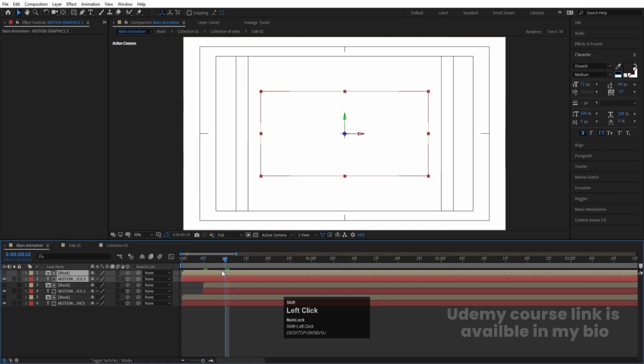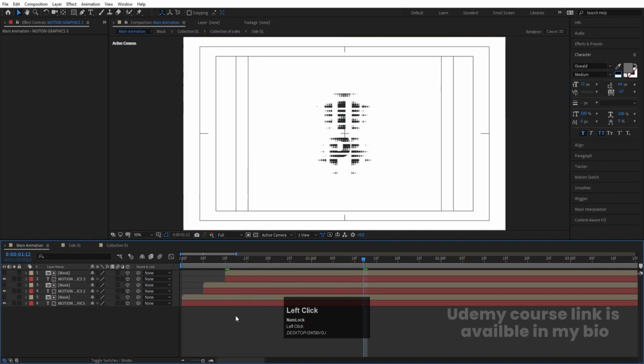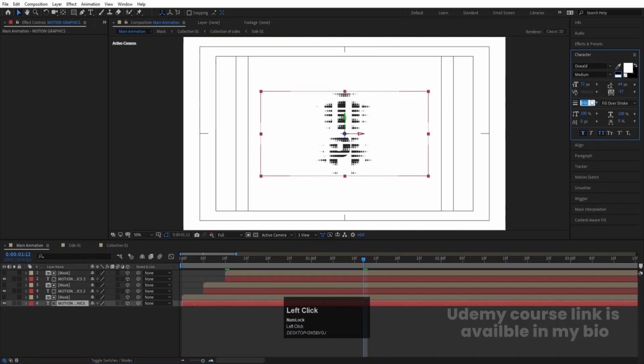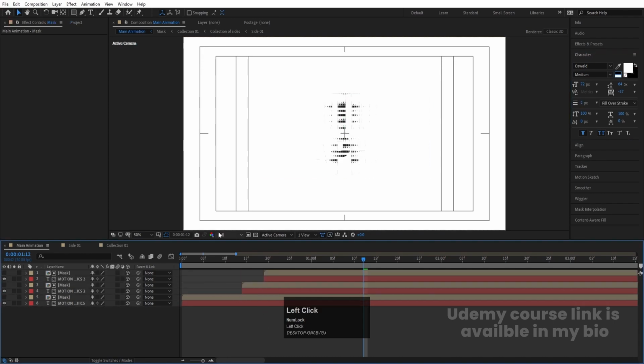Take a distance of 5 frames, select this and move this over here. Let's choose quarter resolution, and if you see this now, we are getting something like that. But over here we are not getting anything because the stroke width is very less. So let's make this something around, let's say 2 maybe, and select this 2 and let's try to bring this over here